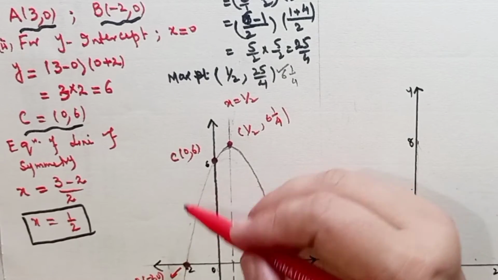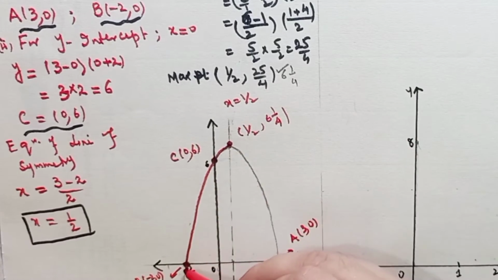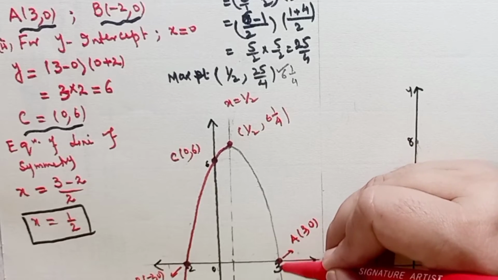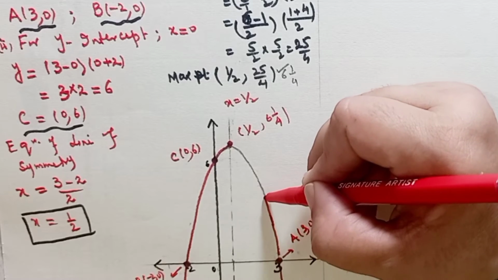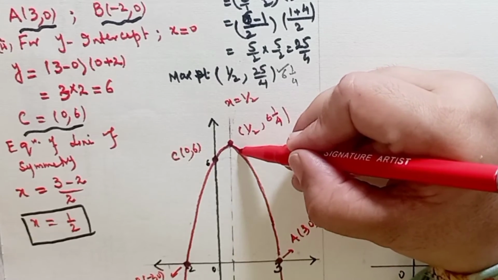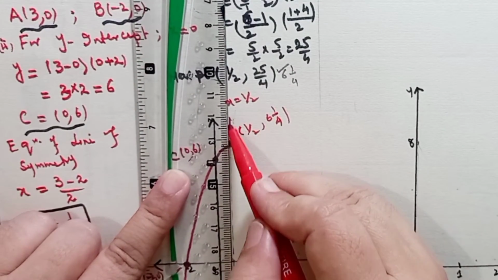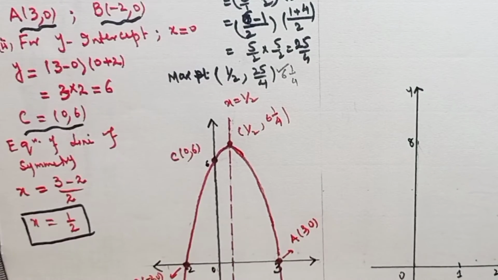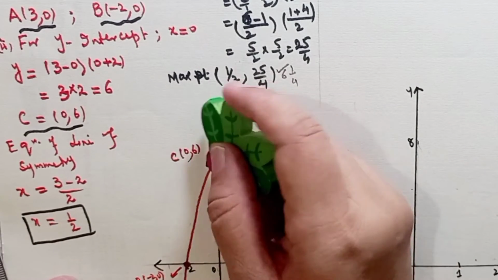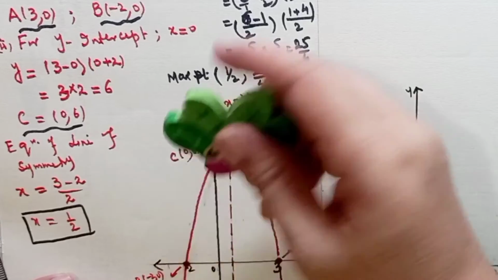And then what I have to do, I have to join these points with the help of a smooth curve with permanent pen. And before submitting your work, you must remove all pencil work properly, because when your paper will be scanned, when the pencil work will be under your pen work, that work will not be properly scanned. So please remove your pencil work properly before submitting the paper. In these lessons, I am giving you the instructions as well, that how can you achieve and obtain best grades in your O-level examination. So please remove the pencil work carefully.